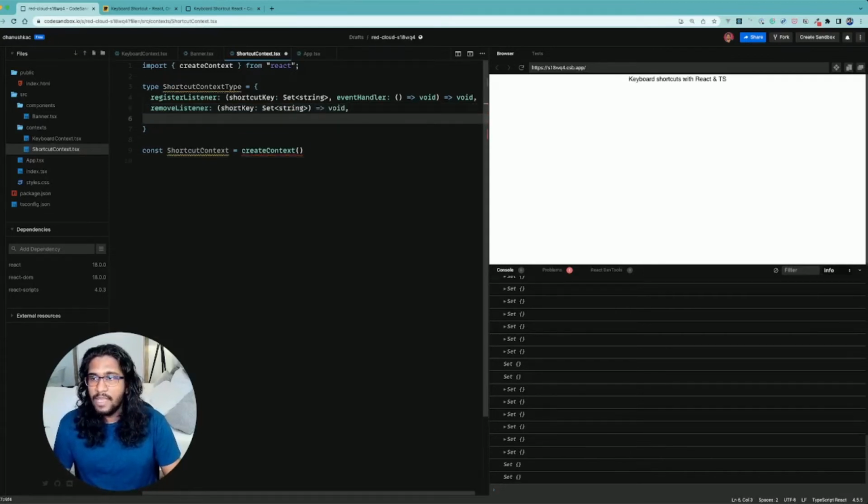Remove listener, and next one is trigger listener. So if these particular keys are being pressed, we should trigger our function. Actually, this triggering should come from our keyboard context, because keyboard context is the place persisting what keys are pressed at the current exact moment, right? Okay,